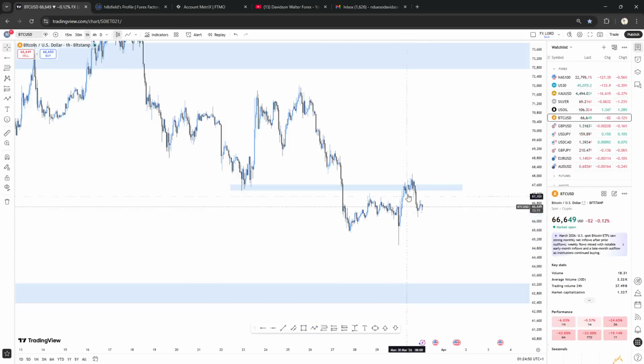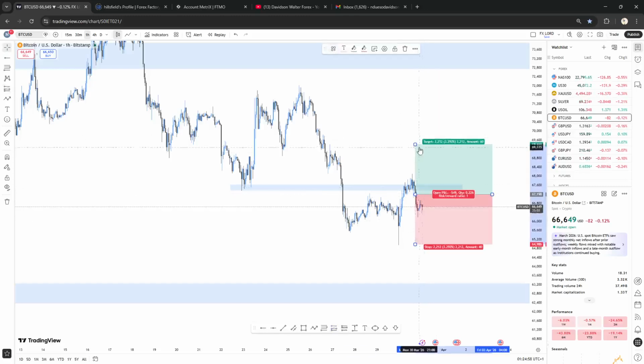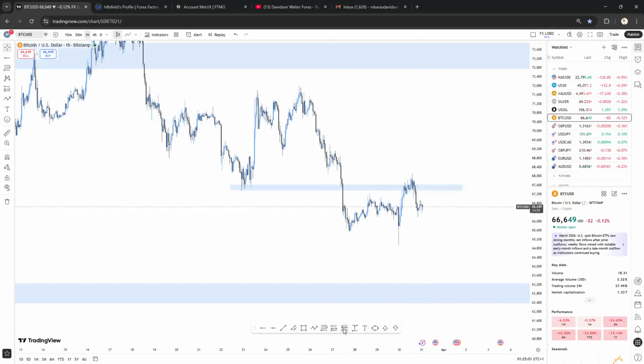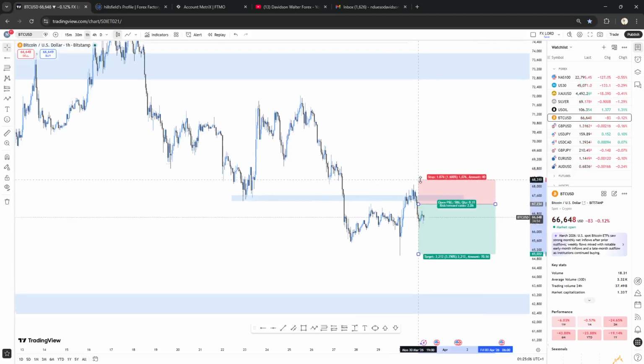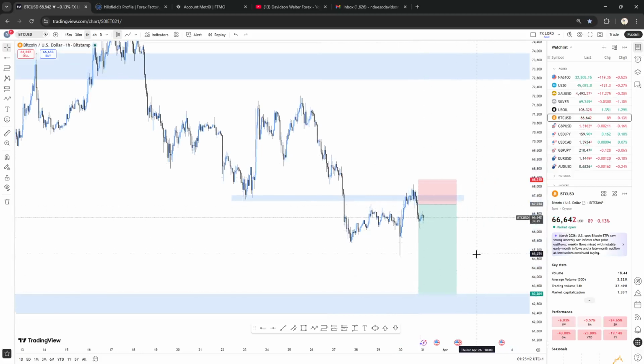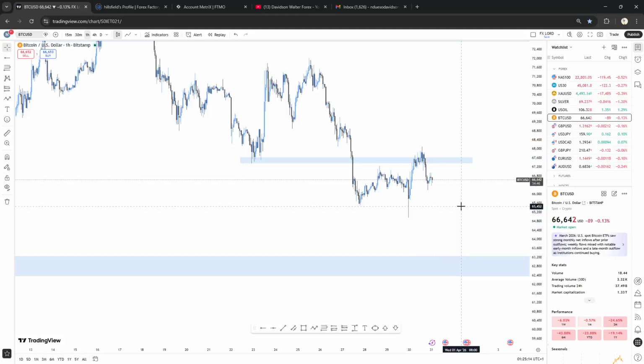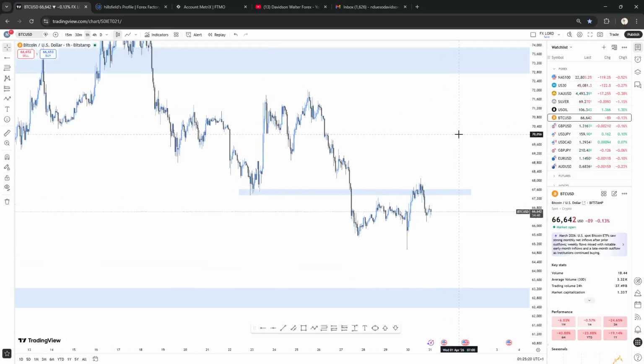But when I came back, I saw that it had corrected. If I was on my chart when this correction happened, I would have entered at this continuation, my stop loss above the previous high, and my target at this level. A very good short. But I already missed this, so till next time. That's all for this analysis, and we'll call it a day.